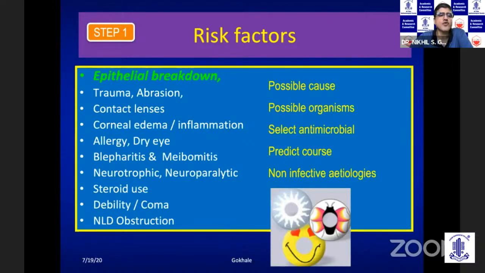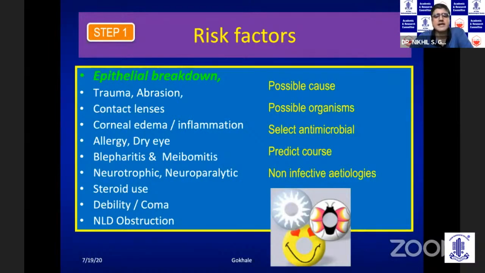The first step is always to look for why did the patient get the ulcer in the first place. So always look for foreign body or a corneal epithelial breakdown, ocular surface disease, contact lenses, not to say even a nasolacrimal duct obstruction can be missed. So these are some of the important issues to always look at in the history and otherwise on examination, because it can give you good clues as to what is the possible cause of the ulcer, what are the possible organisms that you're going to encounter in such situations, and it can help you select your antimicrobial therapy empirically to begin with.